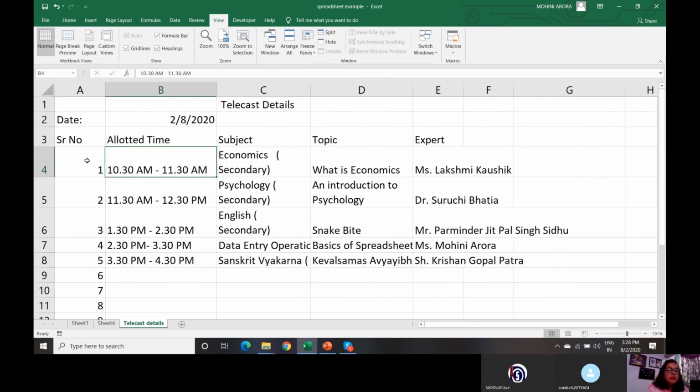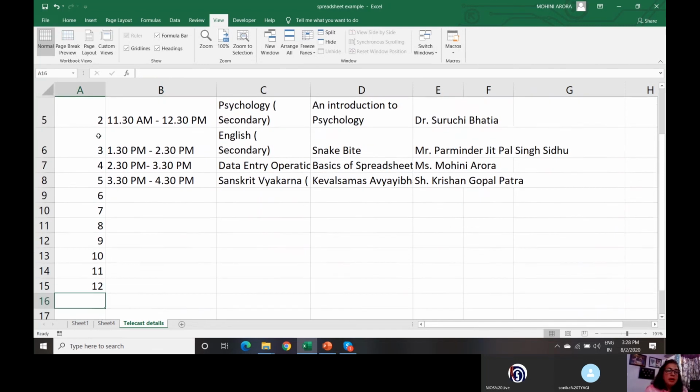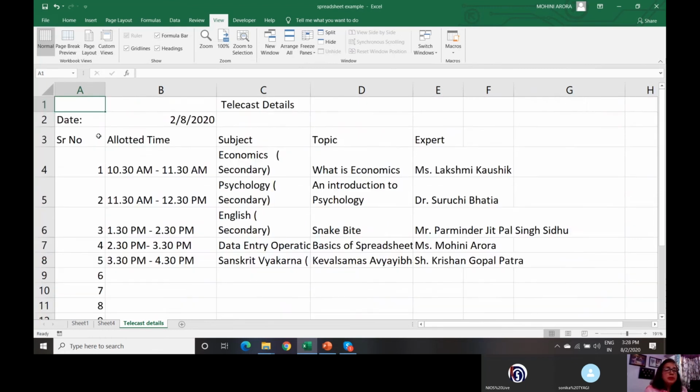When you have a large volume of data, this freeze panes option comes out to be very handy. At present, I'll unfreeze this so that my worksheet is back to normal.